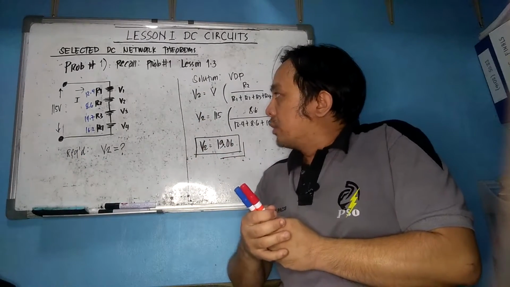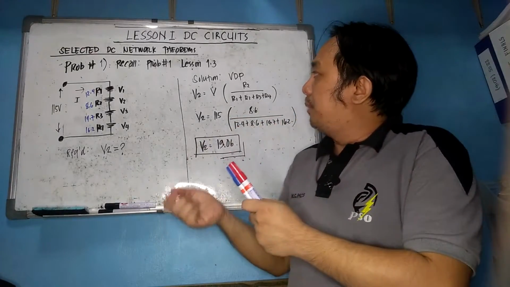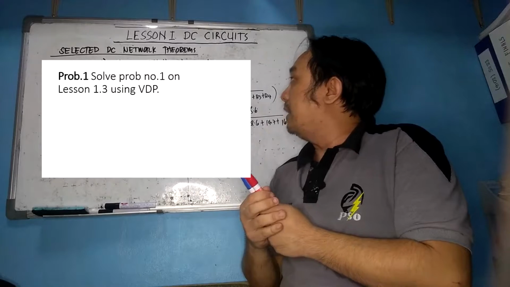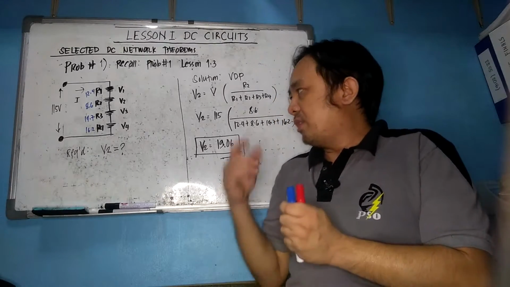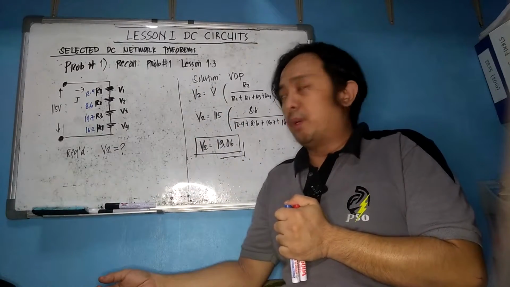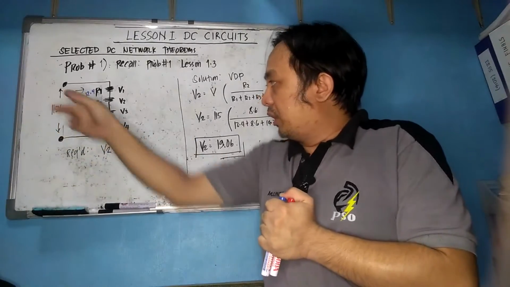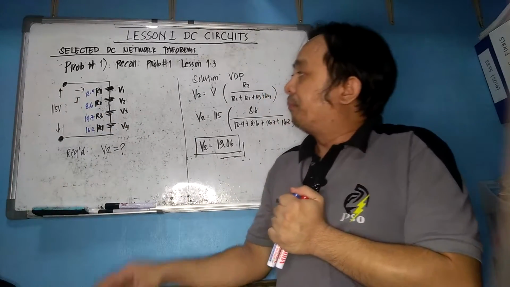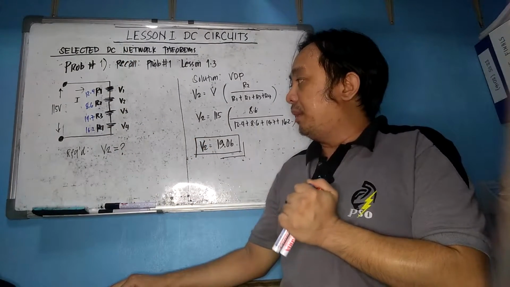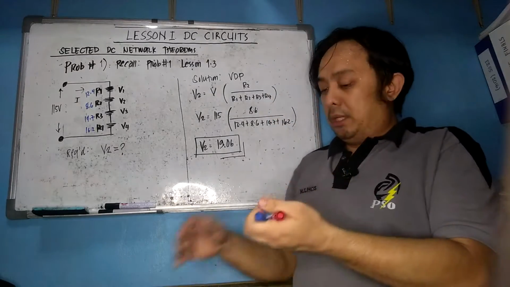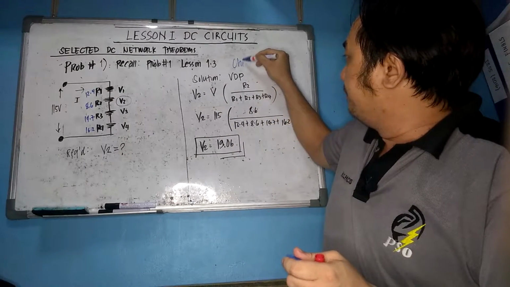Problem number 1. You need to solve the last problem number 1 in lesson 1.3 using voltage divider principle. Now this is the shortcut method to solve this problem. As you can recall, in that problem we have 115 terminal voltage, DC voltage, and resistances of 12.4, 8.6, 14.7 and 16.2 respectively. We need to get what is voltage V2. Now this is the shortcut method